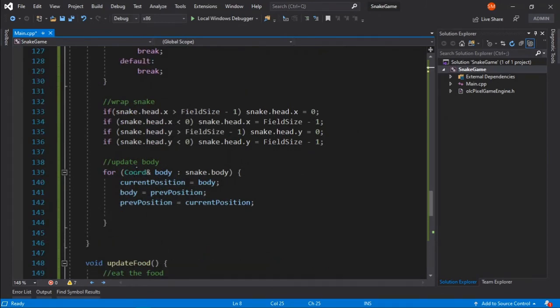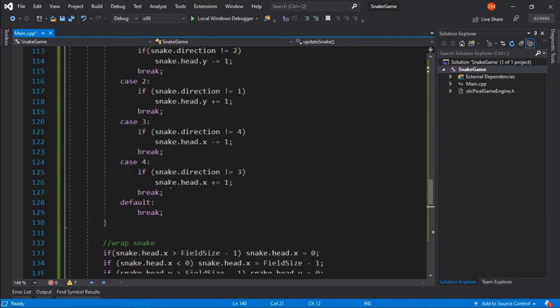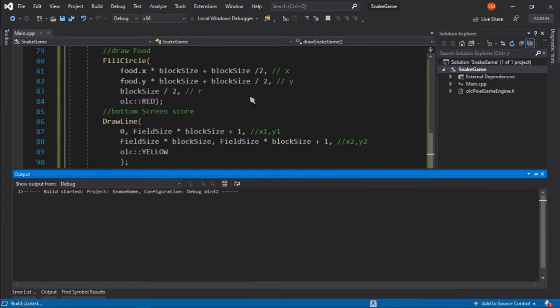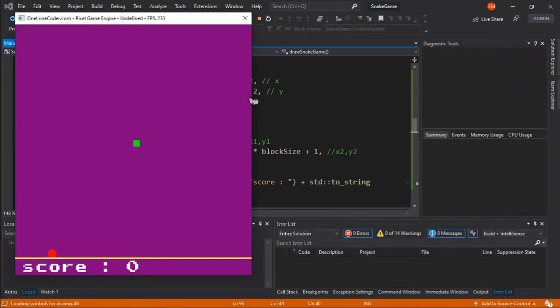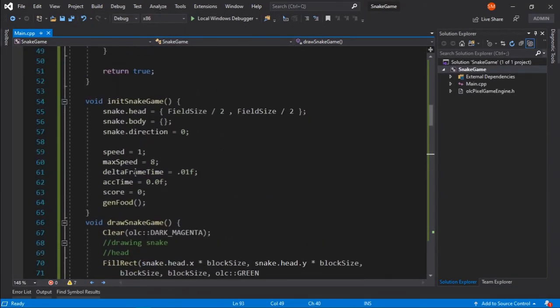And here, when we draw the score at the bottom screen, I want to start drawing from, let's say, block size + 3 here. This is just a little offset to set the y-axis of the score. Yeah, this looks quite good. And also to begin with, I will set the speed as, let's say, 2.